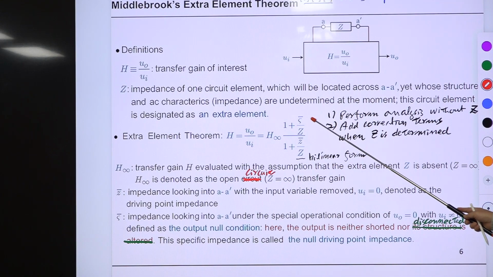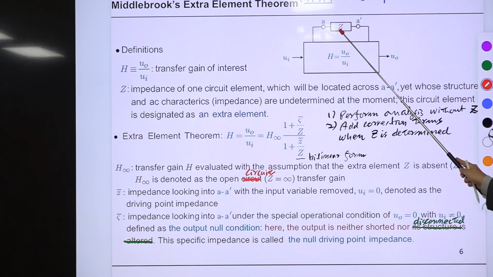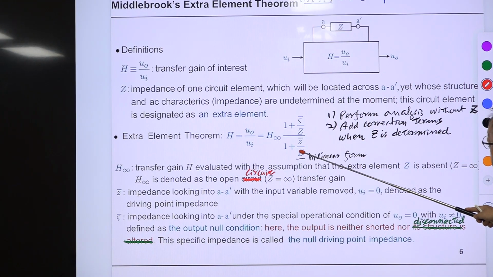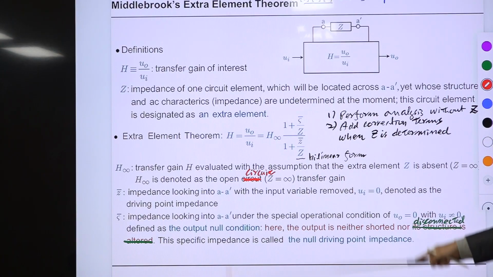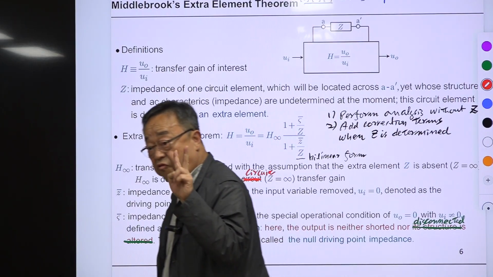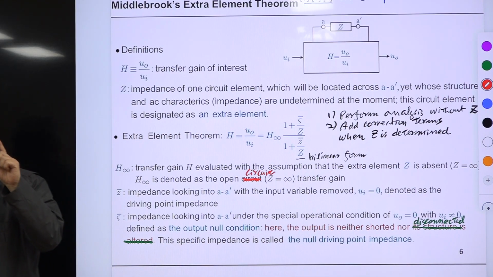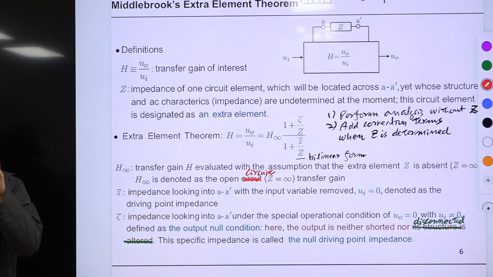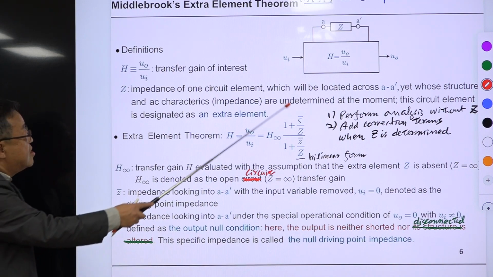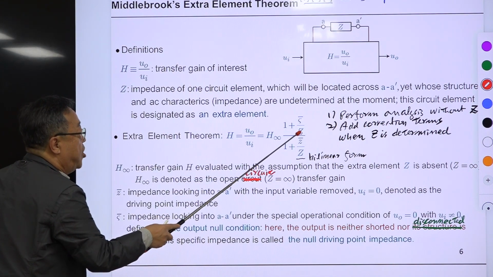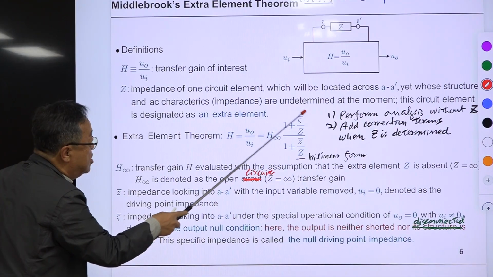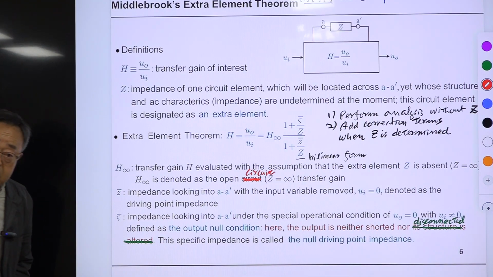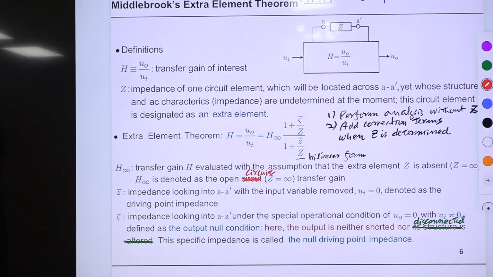Okay, this is the form. G is the load impedance for our case. This form is called the bilinear form. Bilinear form means there are two linear functions of G, the impedance of one single circuit element, which is this one. It appears once here, and this is linear, and this is another linear, so it is called bilinear form. So in Bode's work, he used this bilinear form.